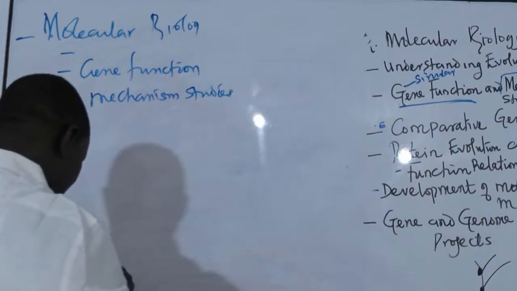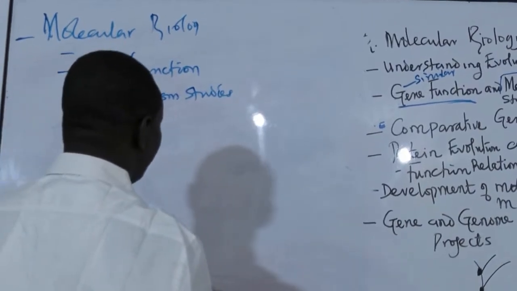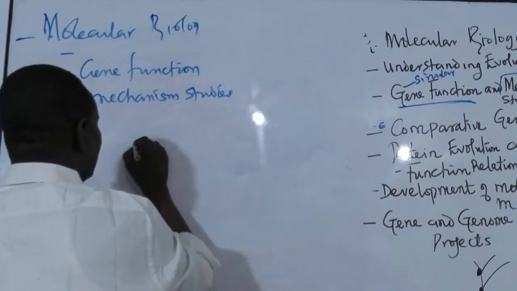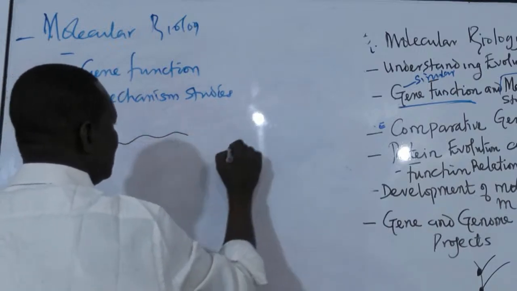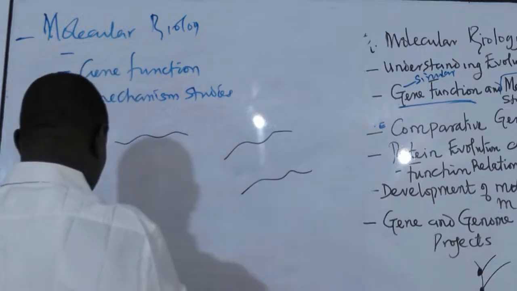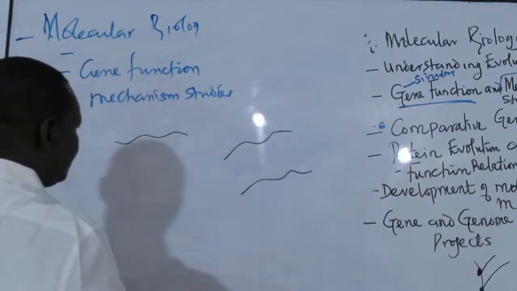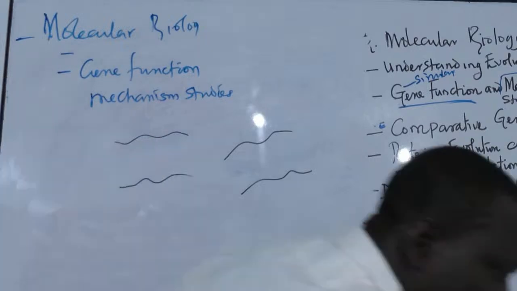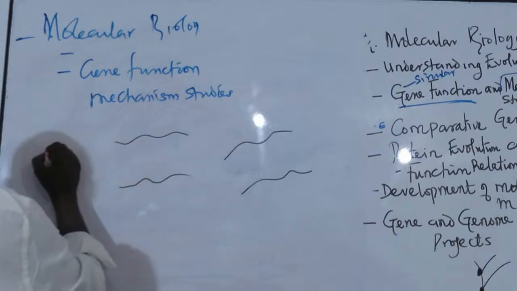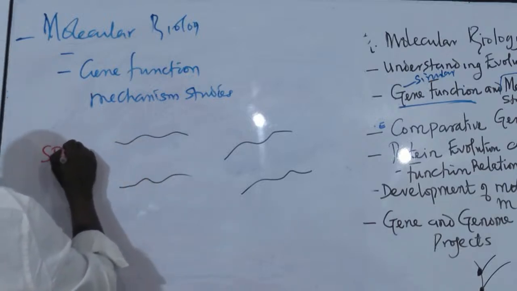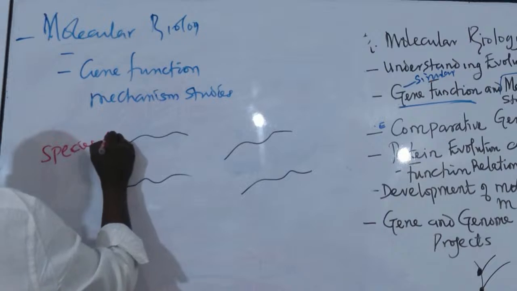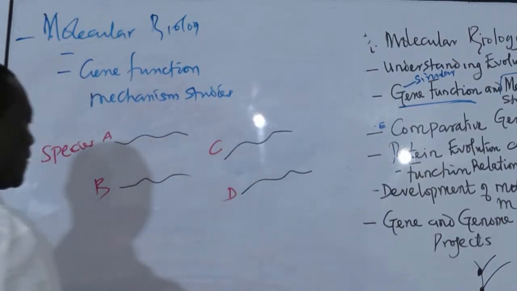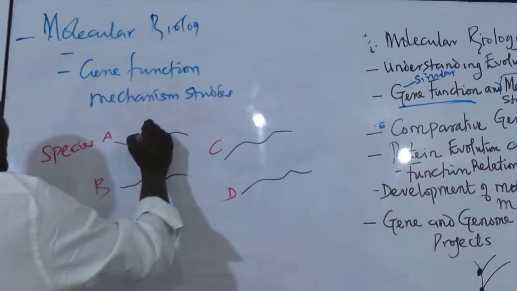Let us assume that you have some gene A, from species A, species B, species C and D,